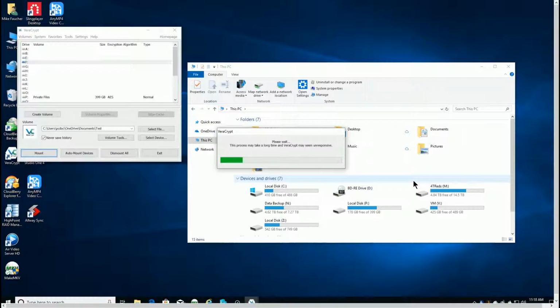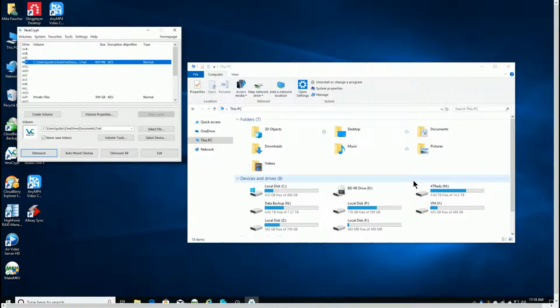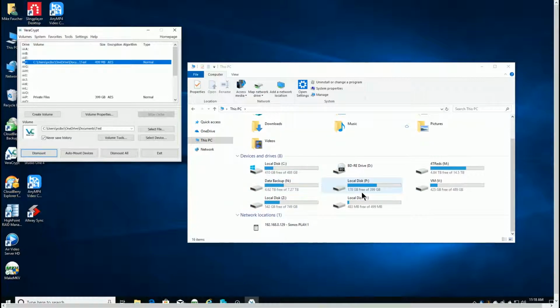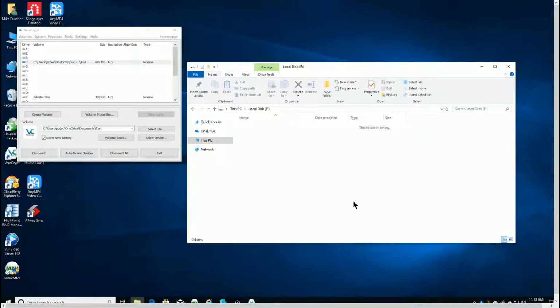It takes a couple seconds, and there we go. We now have an F drive, and if you look down here, you'll also see an F drive. Now, the advantage of doing this is a couple-fold. Obviously, you have an encrypted folder, so whatever you drop in there, and this can be used just like